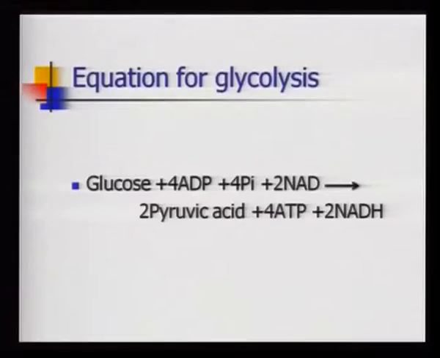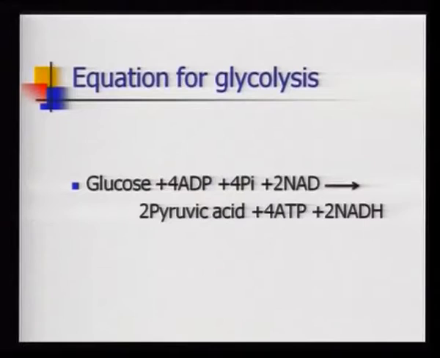How many ATP are generated out of one glucose molecule? Glucose, in the presence of 4 ADP plus 2 NAD, produces 2 pyruvic acids, 2 reduced NAD, which we write as NADH, and 4 ATPs. We must remember 2 were used during the phosphorylation of the glucose molecule. So the net gain is 2 ATP molecules and 2 reduced NADs. Then the use of NAD is also very important. Why are we talking about NAD as a molecule which is getting reduced? There is a concept of redox reaction.